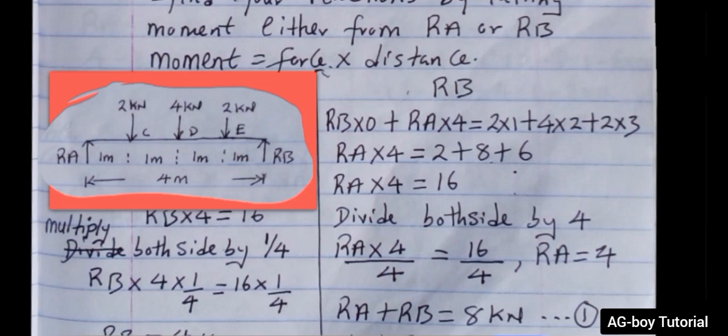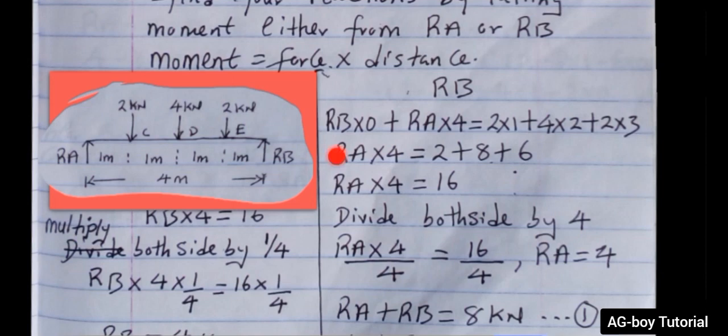So RA multiplied by 4 equals, we have this 2. The distance from this 2 at point E to RB is 1, so we have 2 multiplied by 1. Then the distance from point D to RB is 2, so we have 4 times 2. Then the distance from point C to RB is 3, so we have 1, 2, 3, so this makes it 2 times 3. Therefore,